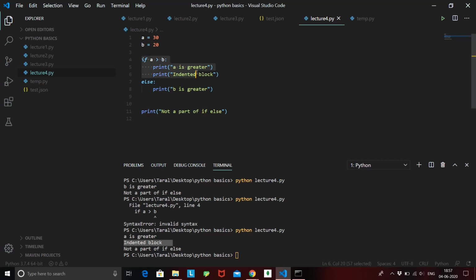Because now this block has been executed and this block is eliminated. Why? Because a was greater, our condition was satisfied, hence this block got executed and this block is eliminated. And again, this is not a part of if else, so this will be executed every time we run the program. Alright, so this was the basic concept of indentation and basic concept of if else.